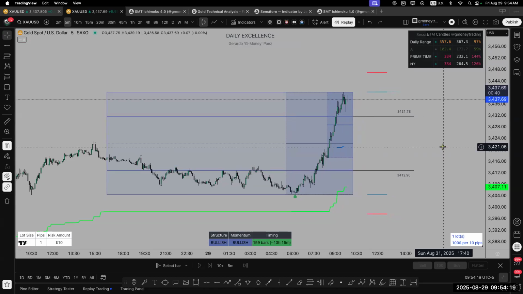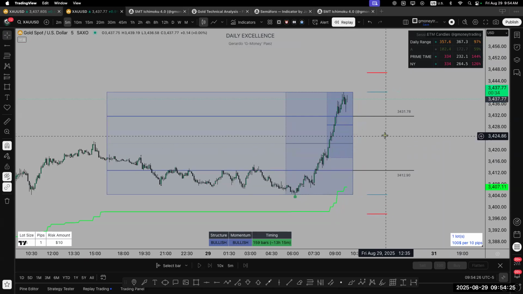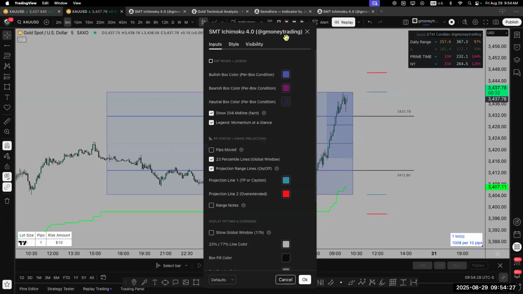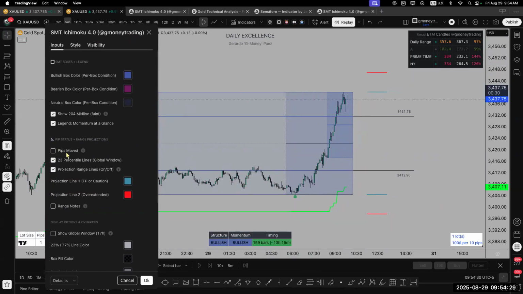Absolutely. And another thing to take into consideration, guys, of maybe not using the system anymore, is simply because if you put this on here, pips moved. We already moved 358 pips. We already reached that first target when we're technically slightly overbought on the air. If you turn on the range notes,